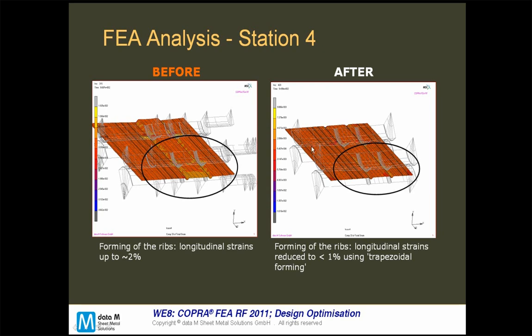So after the optimization, the inward movement of the material was optimized with the Copra function trapezoidal forming strategy to get a constant beginning, a little bit slower, and then constant